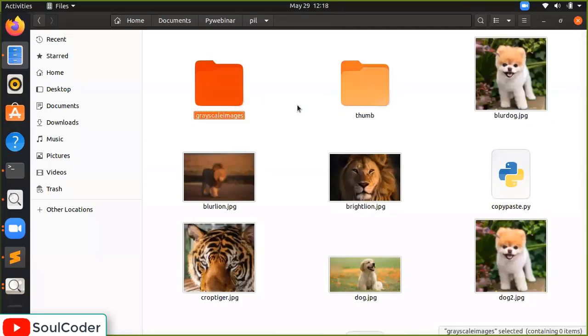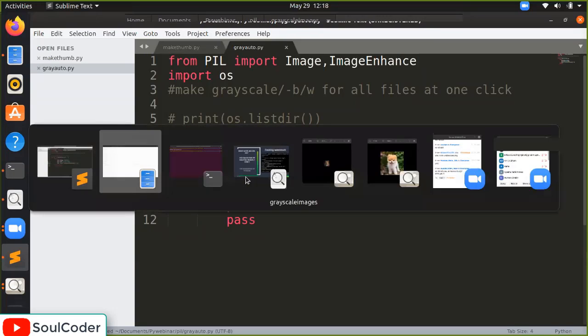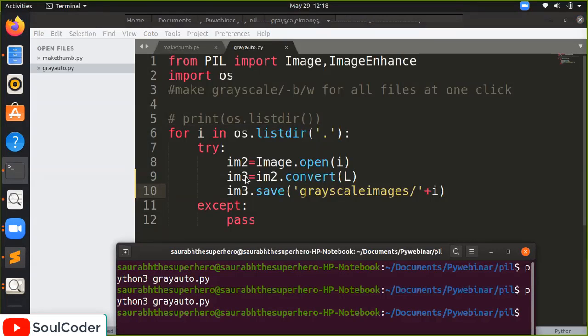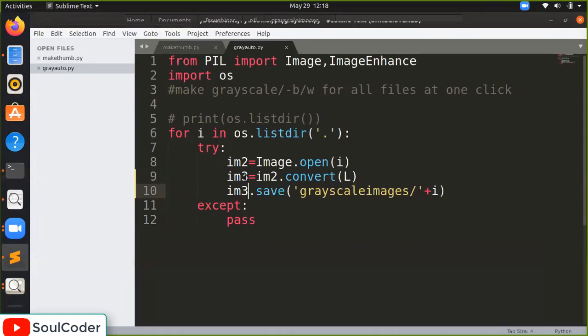Wait. Grayscale images. Now grayscale image dot py: convert into L, image dot save. There should be no error over here actually. When I'm running it, Image.open, grayscale, convert into L. What is happening?